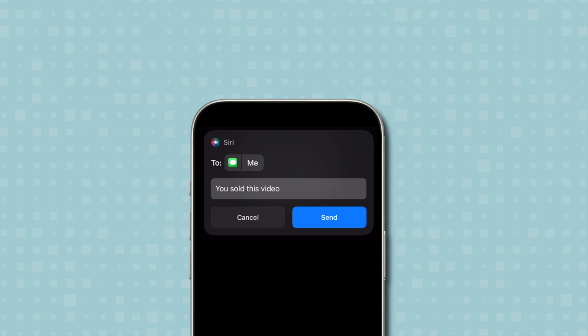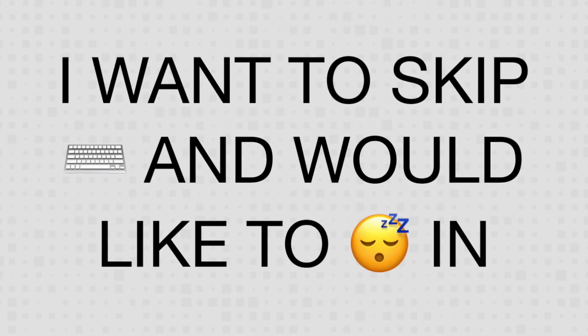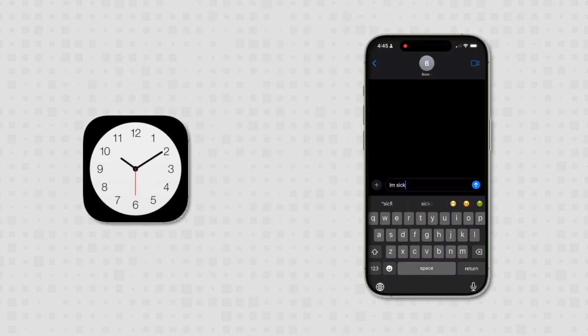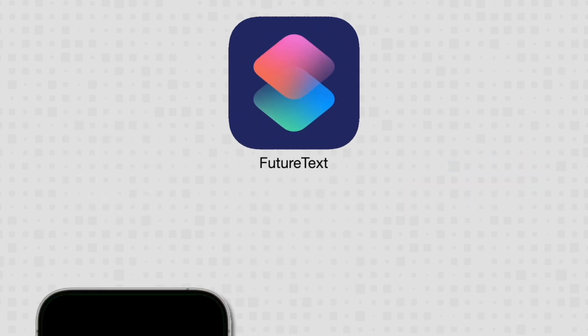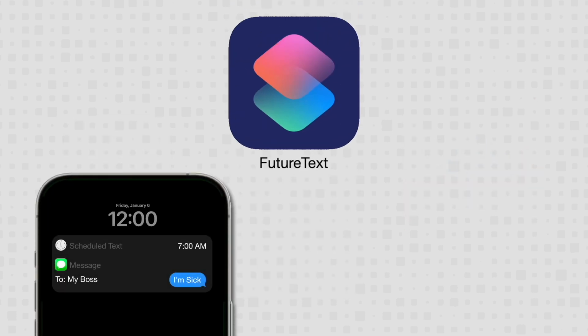Whatever, let's get started. First of all, we need to examine why this is a problem. Let's say I want to skip work tomorrow, and as a part of that, I would like to sleep in. Well, too bad. I would have to wake up, text my boss I'm sick, then go back to bed. With FutureText, I can schedule a text and have it sent to my boss in the morning while I'm still